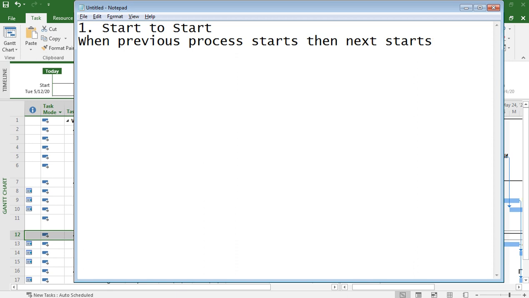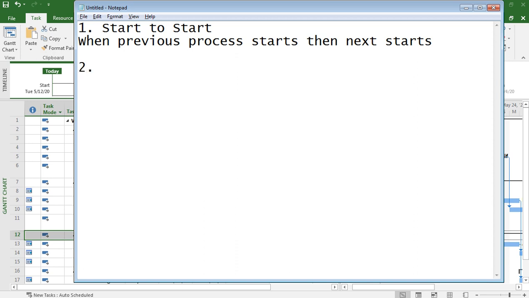For example, we have home page. Home page starts on a date, and we have a design phase, and a services page that starts on the same date. So once one process starts, another process starts. This is start to start.